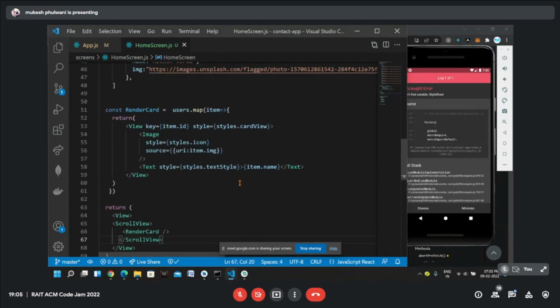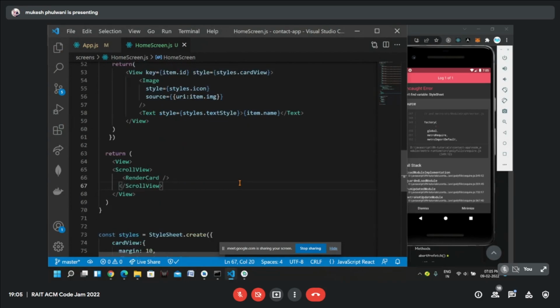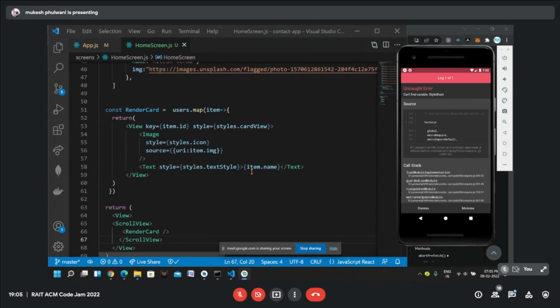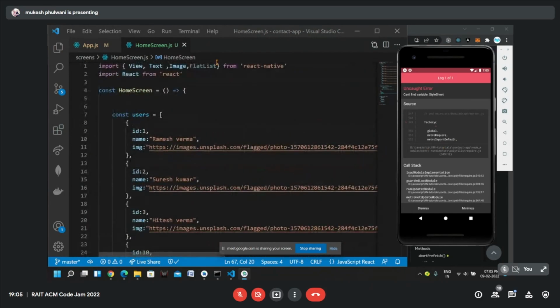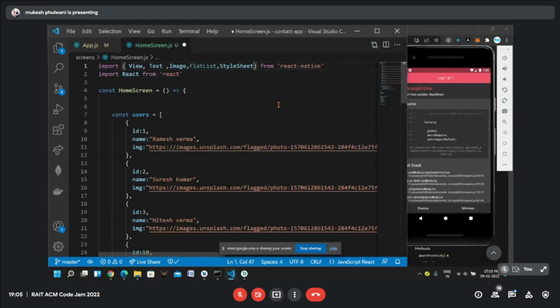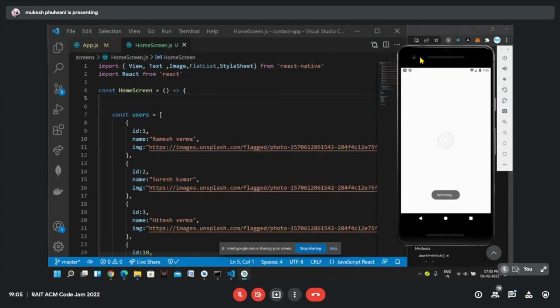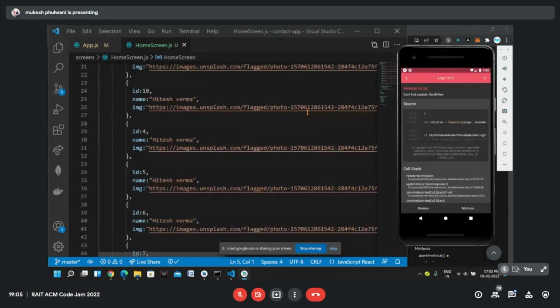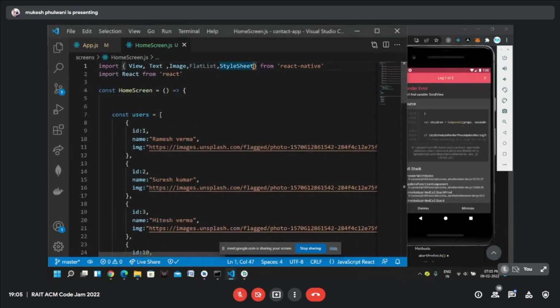Can't find variable StyleSheet. I accidentally removed the StyleSheet as well. Okay, my bad.